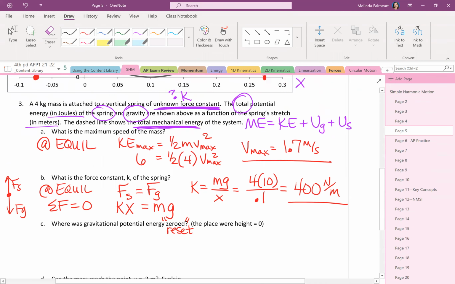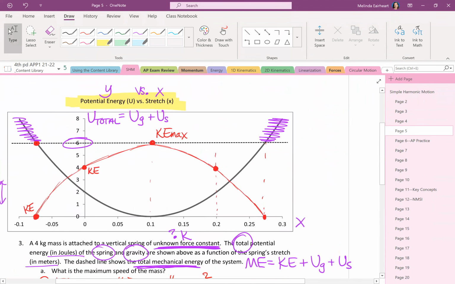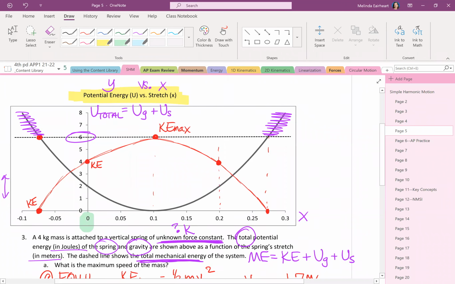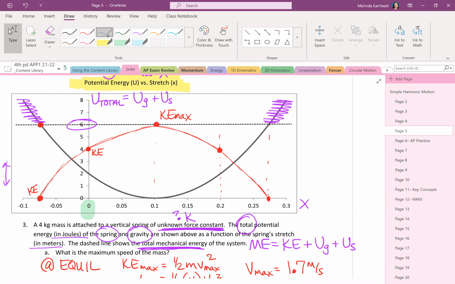And so up above, that graph is a potential energy, but remember it's a total, okay? And so we want to get rid of the elastic potential energy. We don't want it to mess things up. Where do you have 0 elastic potential energy and only have gravitational? Say again. When the stretch is 0. And so right here, when your stretch is at 0, then we know that this 2 joules is only gravitational